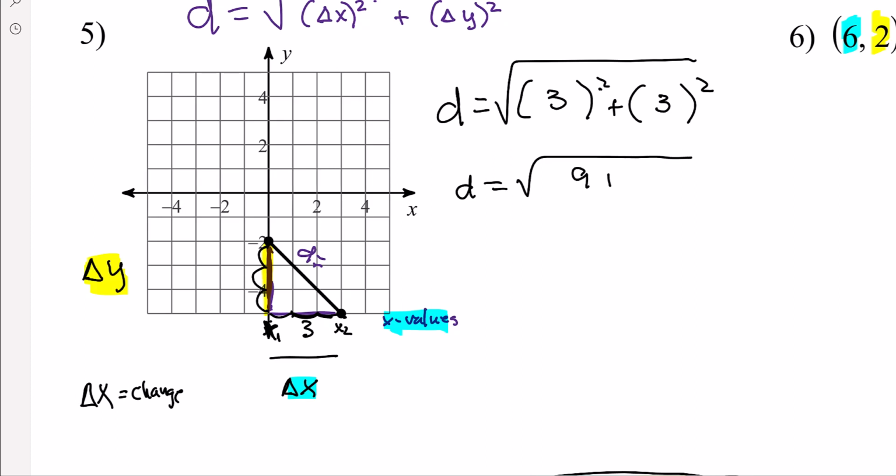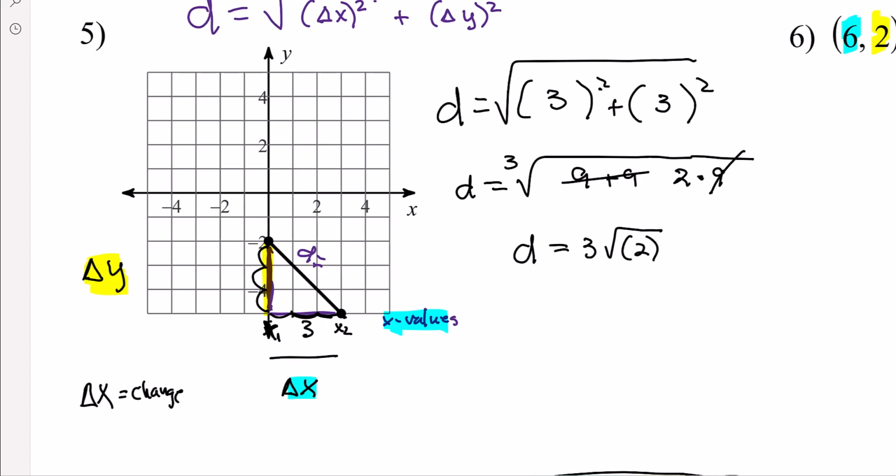So that would be 9 plus 9, which is 18, but hold on, 18. 9 is a perfect square, so instead of writing 18, what you could do is write 2 times 9. 9 plus 9 is the same as 2 times 9, and now the square root of 9 can be canceled. We can pull out a 3. So in this instance, distance is equal to 3 times the square root of 2, be sure to close the